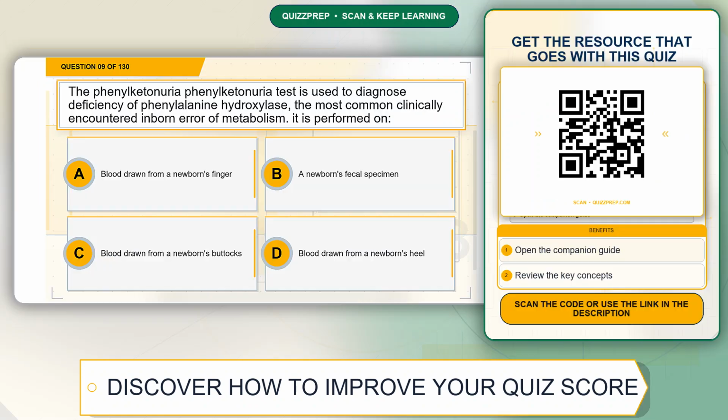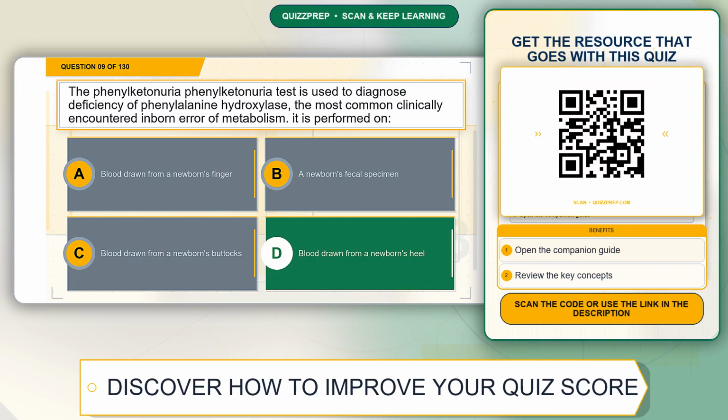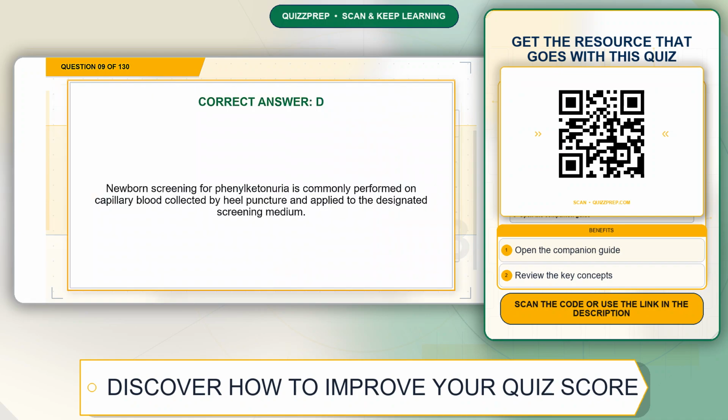transport. Question 9. The phenylketonuria test is used to diagnose deficiency of phenylalanine hydroxylase, the most common clinically encountered inborn error of metabolism. It is performed on: Option A, blood drawn from a newborn's finger. Option B, a newborn's fecal specimen. Option C, blood drawn from a newborn's buttocks. Option D, blood drawn from a newborn's heel. The correct answer is option D, blood drawn from a newborn's heel. Explanation. Newborn screening for phenylketonuria is commonly performed on capillary blood collected by heel puncture and applied to the designated